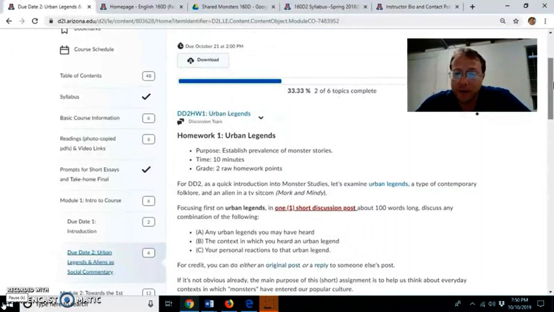One final word: if you want to work ahead, by all means, there's no reason not to. In fact, I highly encourage it. It will save you so much. If you can get work ahead of the syllabus, it will save you stress later on down the road. Now, a lot of you have jobs or